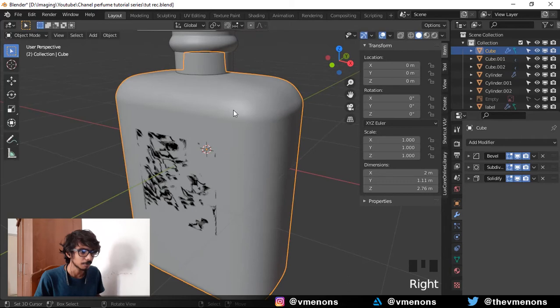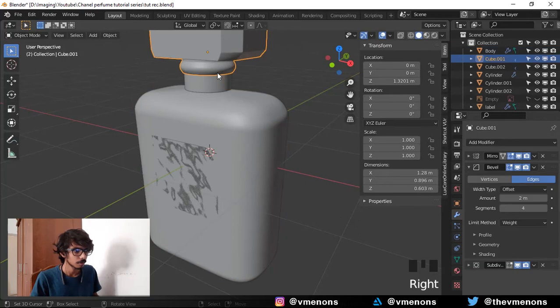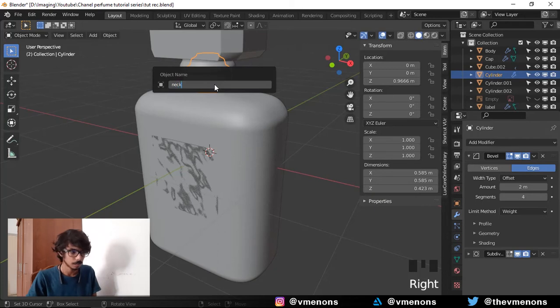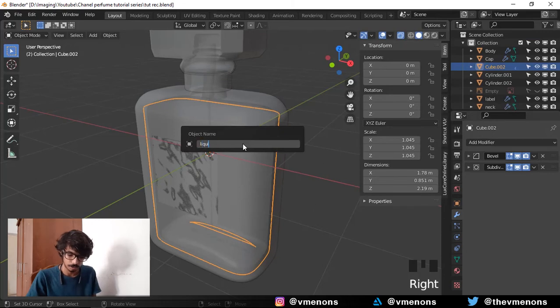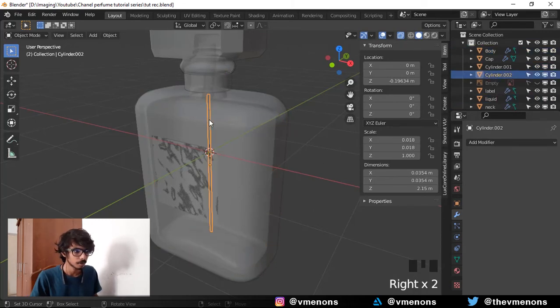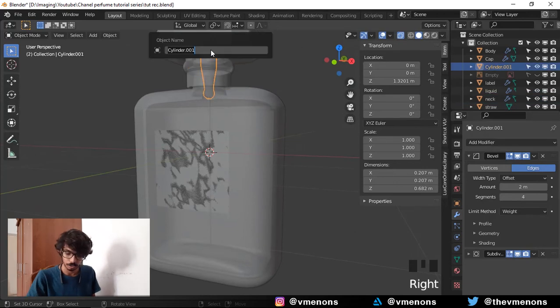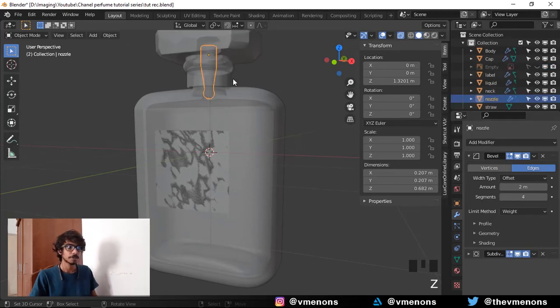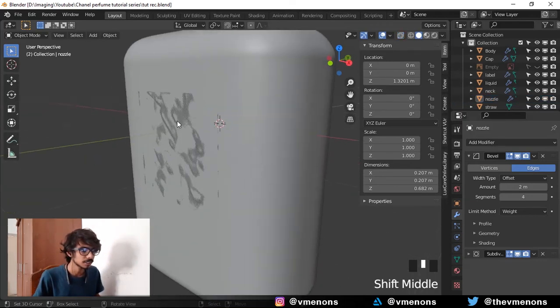Speaking of which, I think this is a good time to rename all of our objects. I'm going to call this body, cap, neck. This should be label, and this is the liquid, straw, and there you go, nozzle. Oh, we didn't apply material for the nozzle, did we? Let's do that. Okay, now you should see that the label sticks onto the body of this thing,